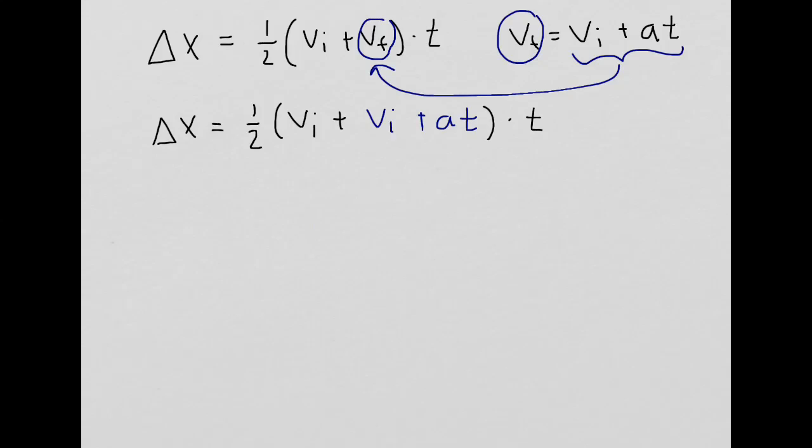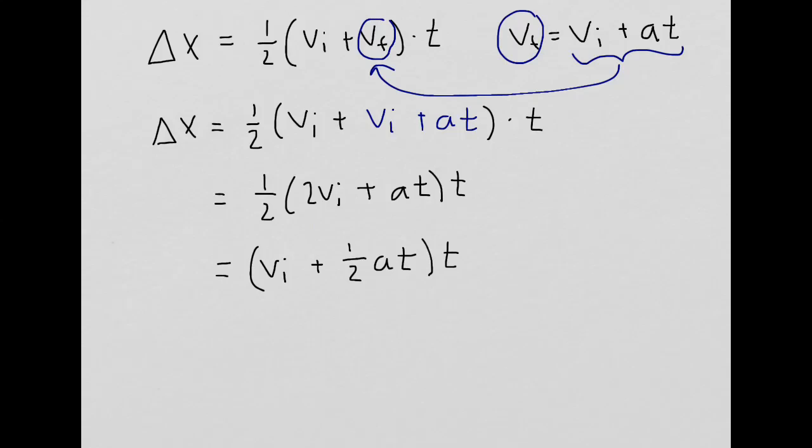Okay, I can simplify this down and I get 1/2 times (2 vi plus at) times t. I can distribute the 1/2 and I get (vi plus 1/2 at)